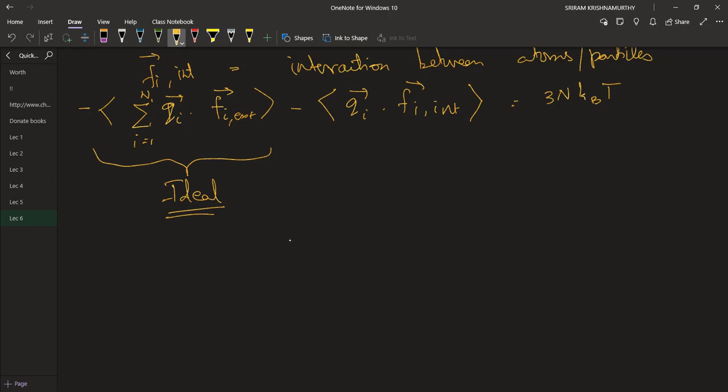I mean, only for this particular case, because we have already separated out the interactions in this component, right? So this is the pressure or the work done by the ideal gas, and we know that the work done by an ideal gas is given by PV, right? So this will contribute three times PV, because we have three components, right? So this whole equation can be rephrased as 3 times PV minus